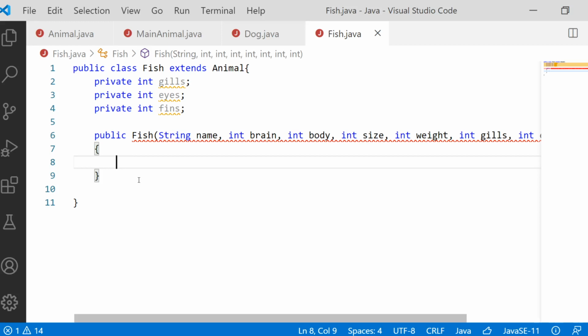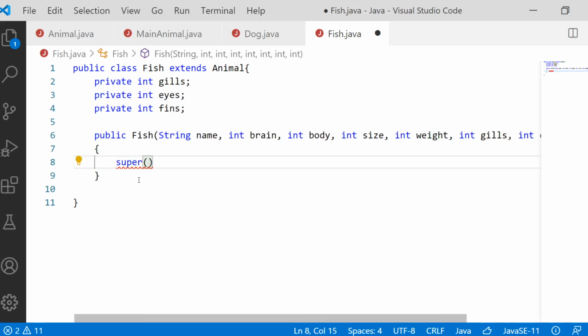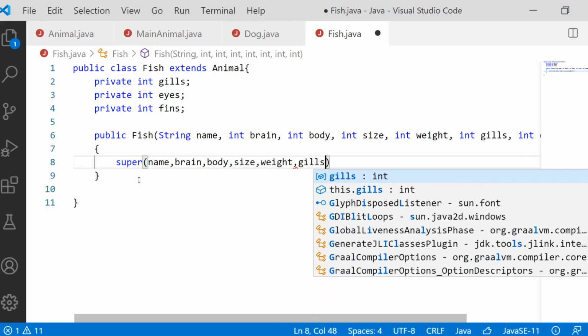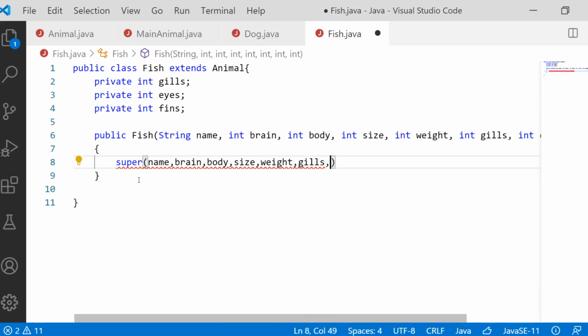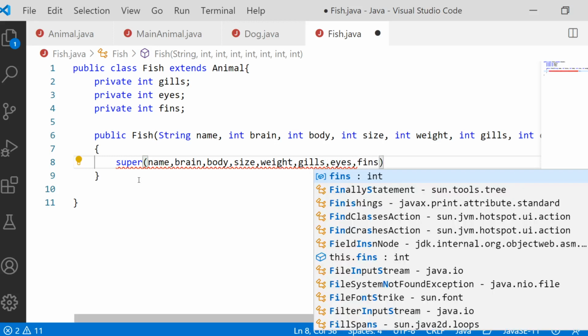First line itself we should call the superclass constructor. So super of will call the superclass constructor, and the arguments we need to pass are name, brain, body, size, weight, and then gills, and then eyes, and then fins.